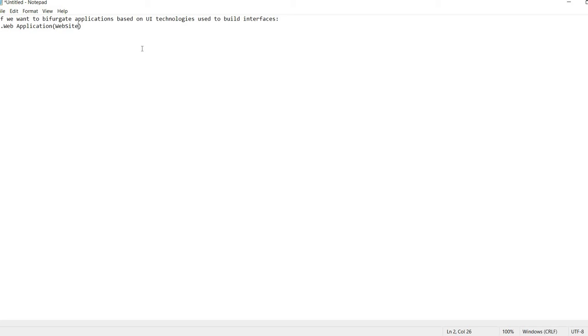So for that, we need to understand first the three different types of applications based on the UI technologies used to build their interfaces. So the first is web application. Now let's understand what is a web application here.